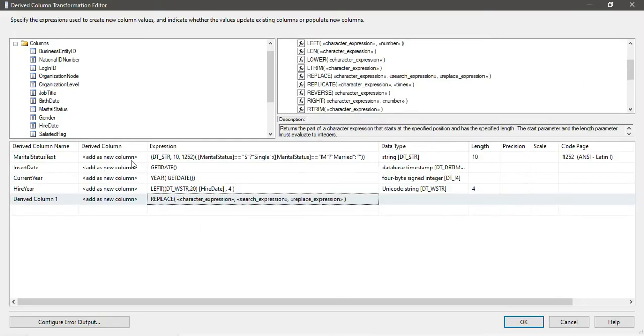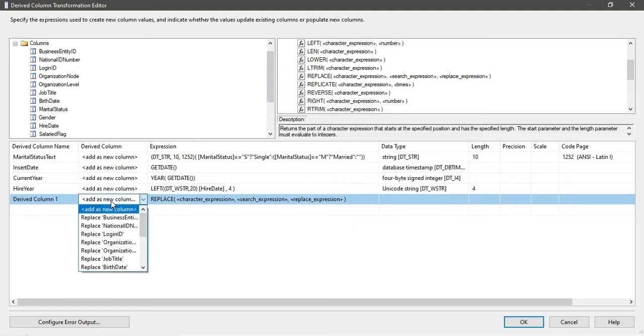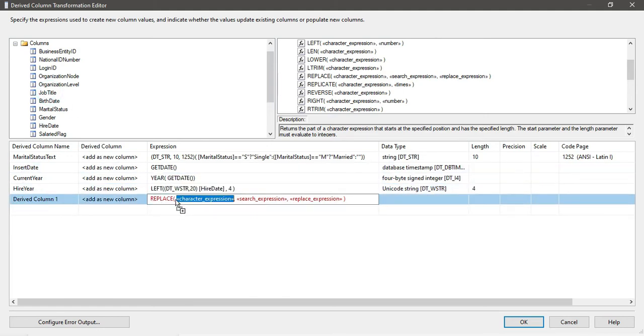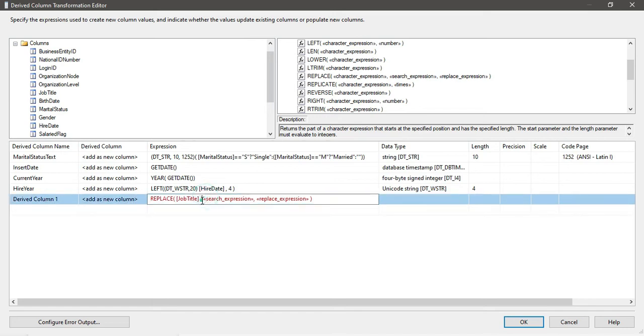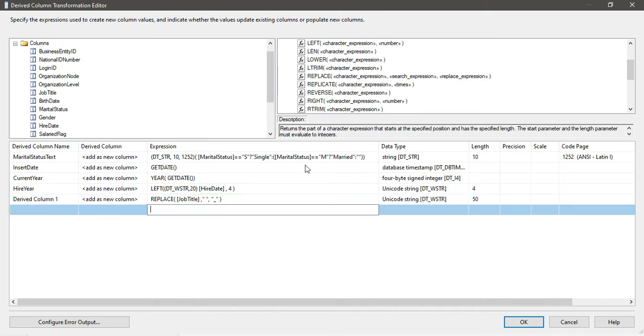So so far we added new columns, however this time we will be replacing the value. We can just drag and drop the job title here. Okay, and what we want to do is search for the space and then replace the space with an underscore.